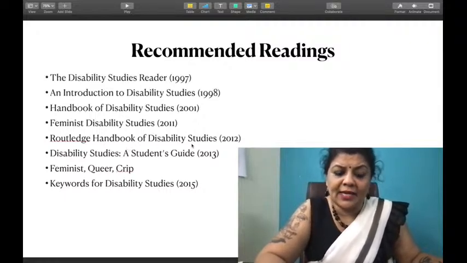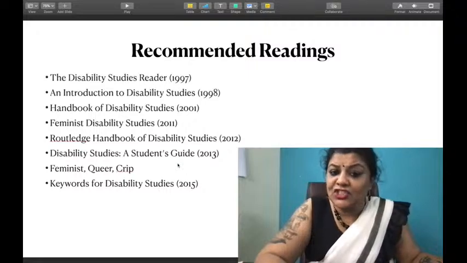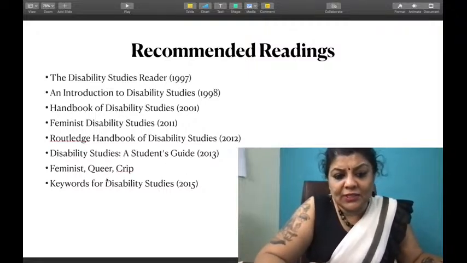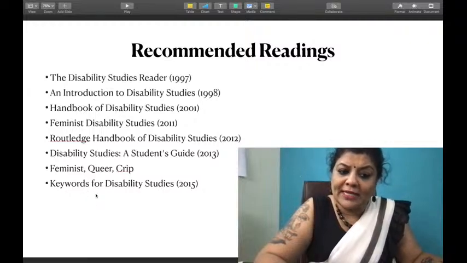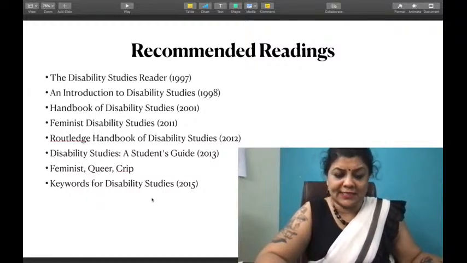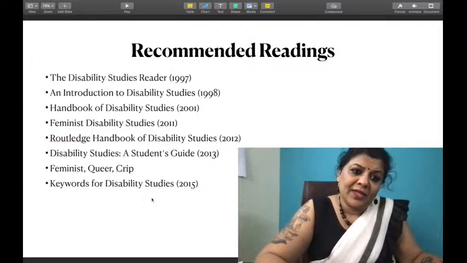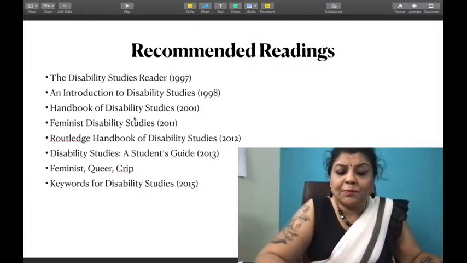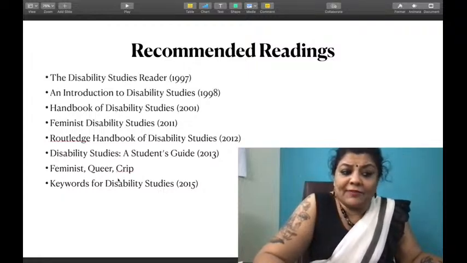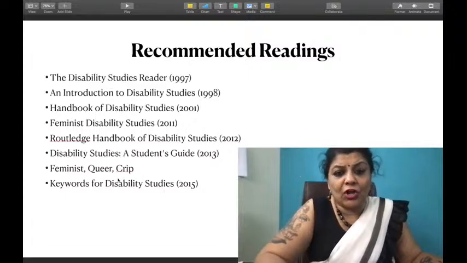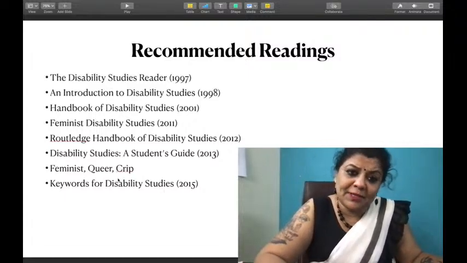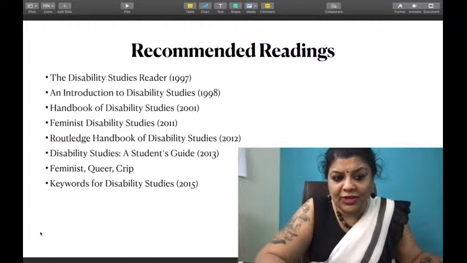Routledge Handbook of Disability Studies, A Student's Guide. Feminist Queer Crip is another book, and Keywords for Disability Studies. I always want to remind you, not possessing some of these books is actually a very criminal thing these days, because we have to talk about queer and disability as part of the mainstream. We have to bring them